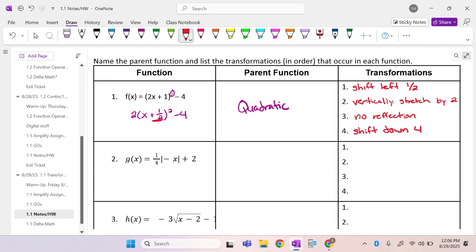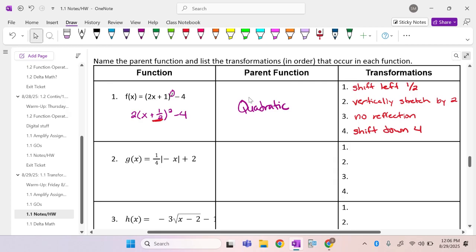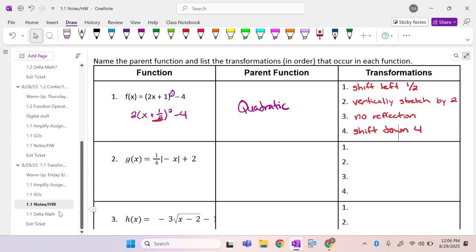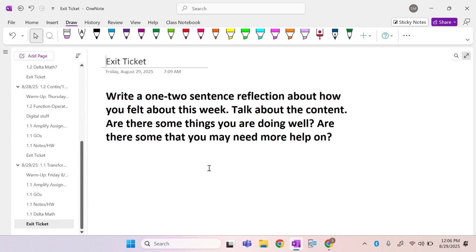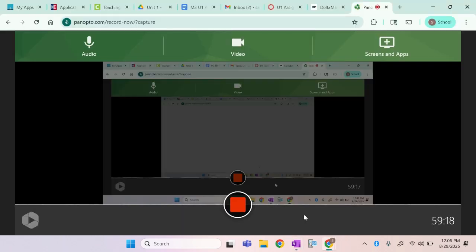So wait, if we don't finish the first one by like 11 tonight, we just finish it whenever? Before the unit test, yes. Okay, but it's not going to be counted late though, right? No, it's not counted late. What I do sometimes is go ahead and put the grade in as it is, but then at the end of the unit, I go back and recheck it all. Oh, okay. So if I get behind, I don't have to turn it in until the end of the unit? Yeah. Technically, you have until the end of the term, but